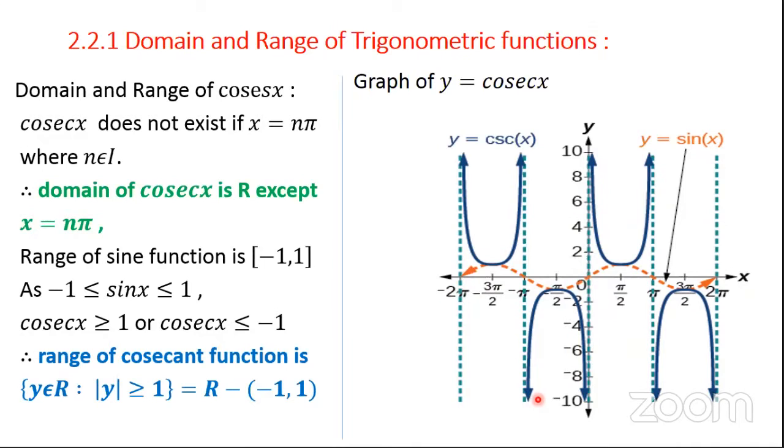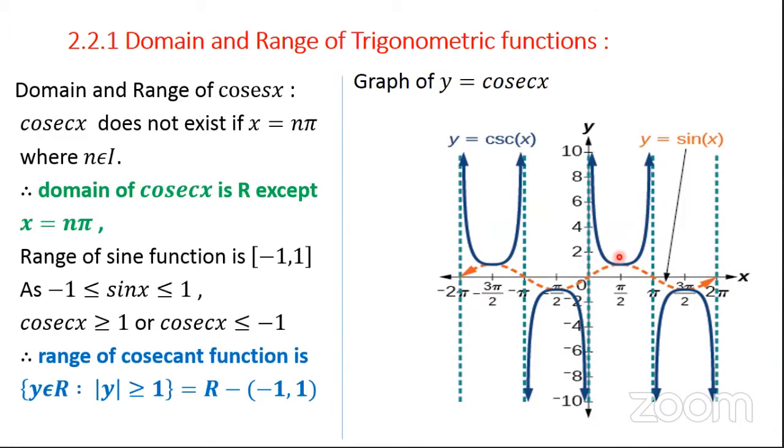Two graphs we can see, one below the x-axis and one above the x-axis. If we continue for values of x either on the positive side or on the negative side of the x-axis, we will observe the same pattern again for cosec x. So here is again one important point related to the period of cosec x, which is again 2 pi. That means from 0 to 2 pi we have one pattern, and again for 2 pi to 4 pi you will observe the same